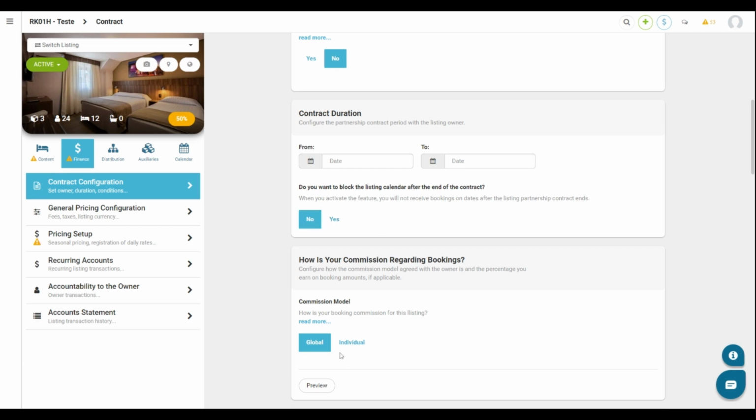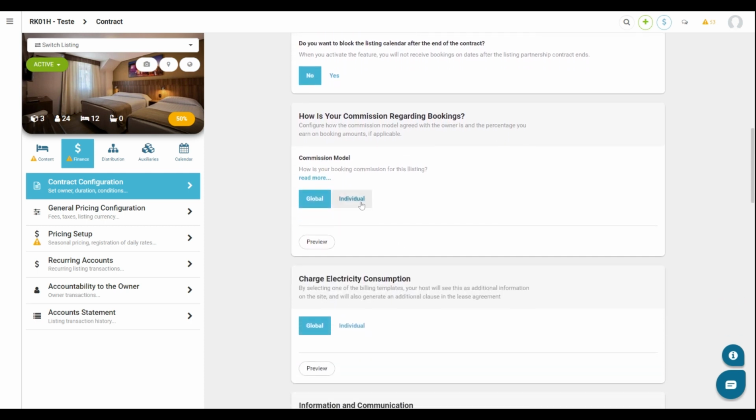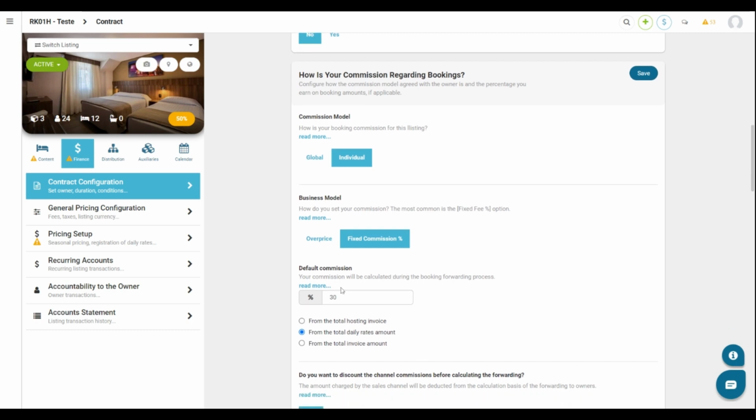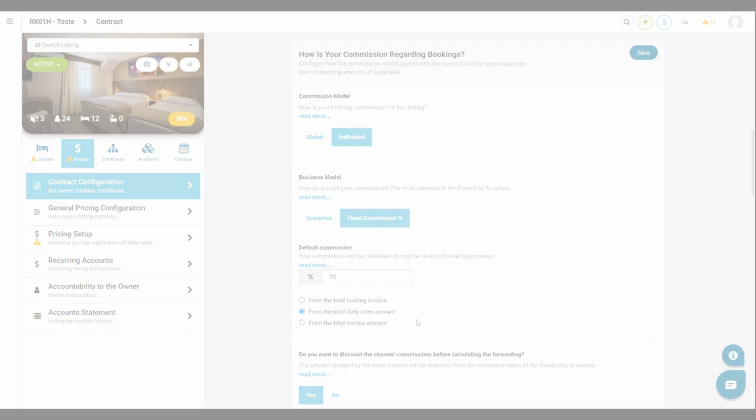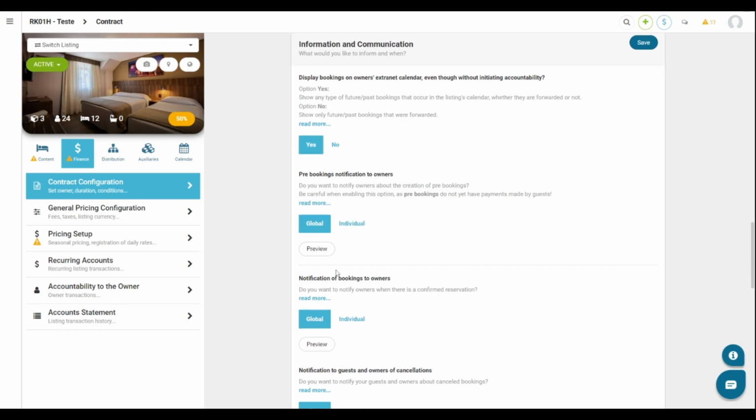Here we have the information about the commission model, and you can choose the type of commission model, if it is fixed or not, and if you want to discount the amount before the forwarding of the sales channels. In this field, you select if you want to show the reservations on the owner's extranet calendar, even if the accountability has not started yet, how the pre-booking will be set to owners, how the reservations notifications will be set